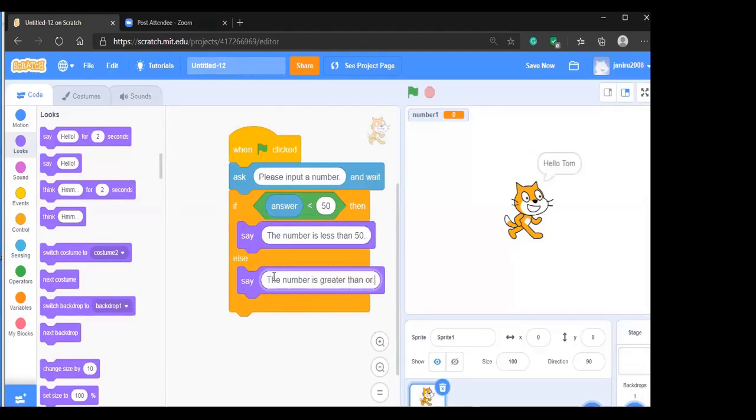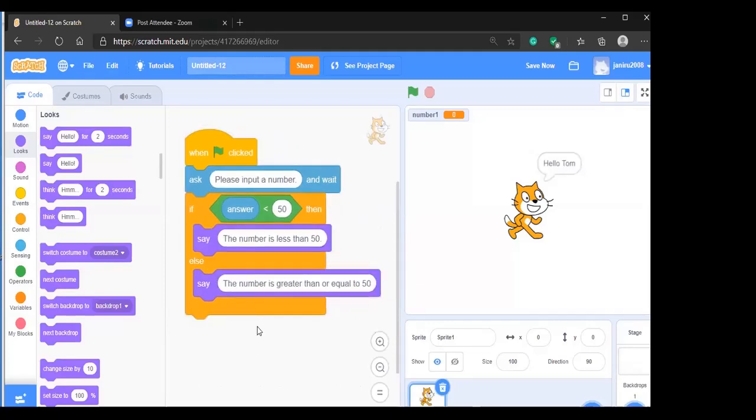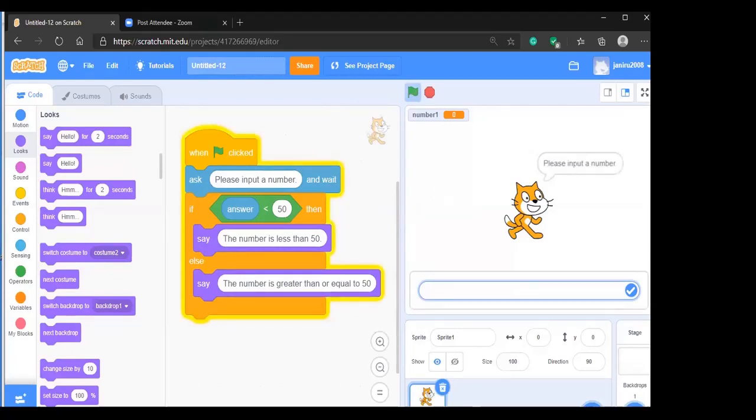equal. Okay, so now we have this thing, and we will run this one as a number, and we enter 34.